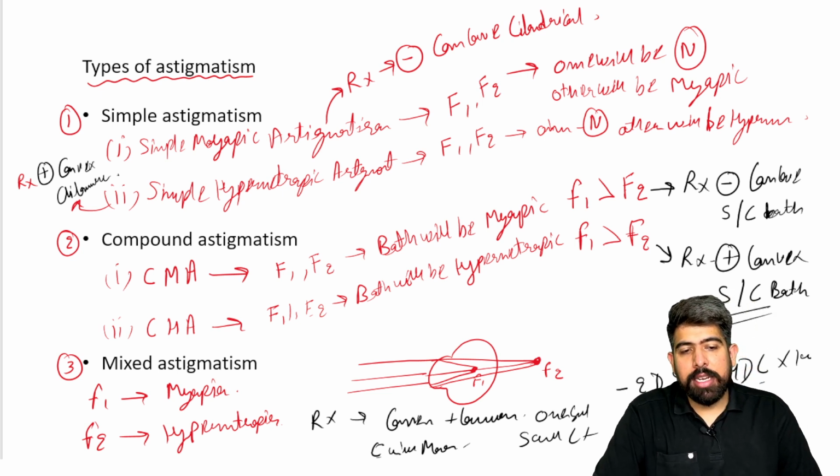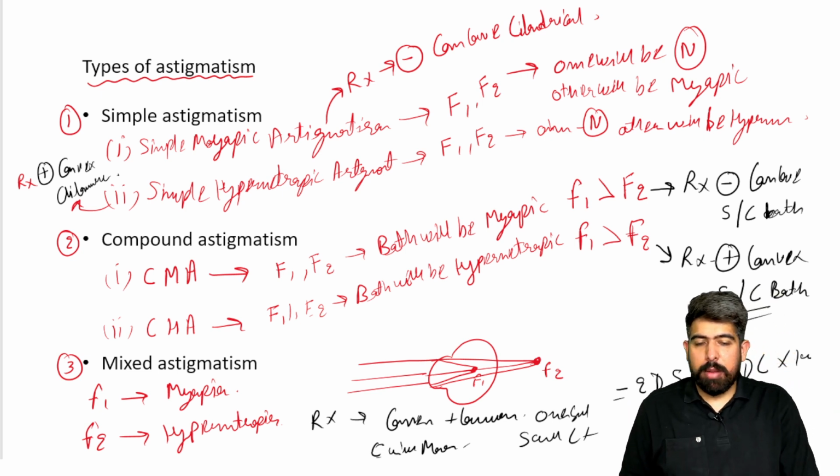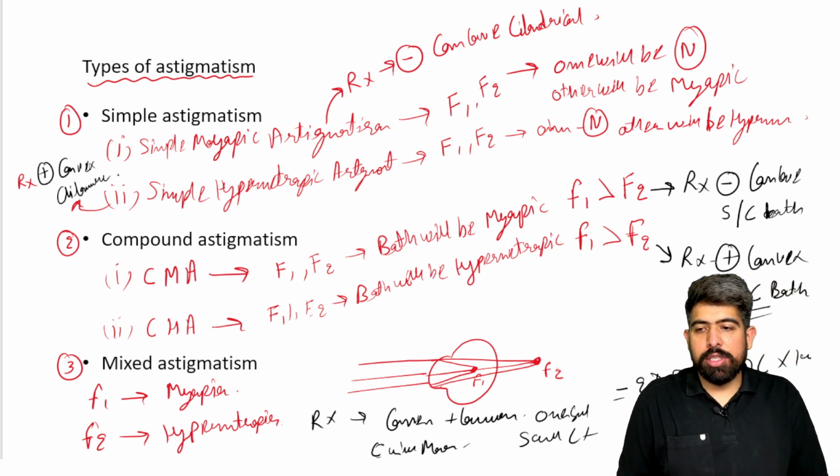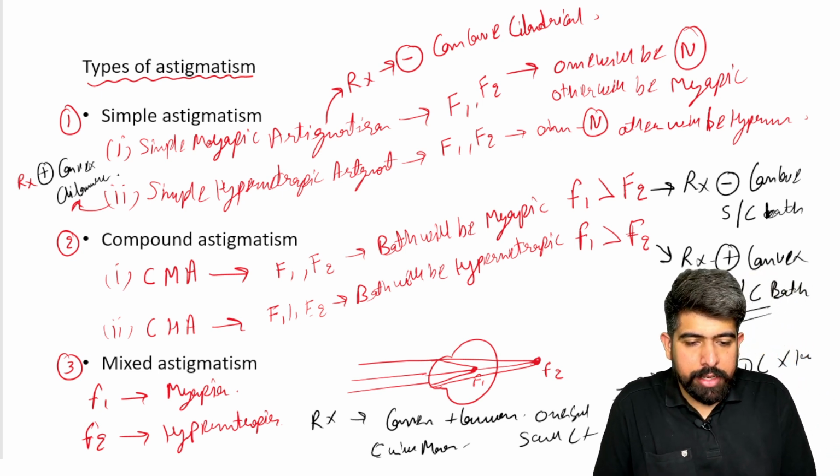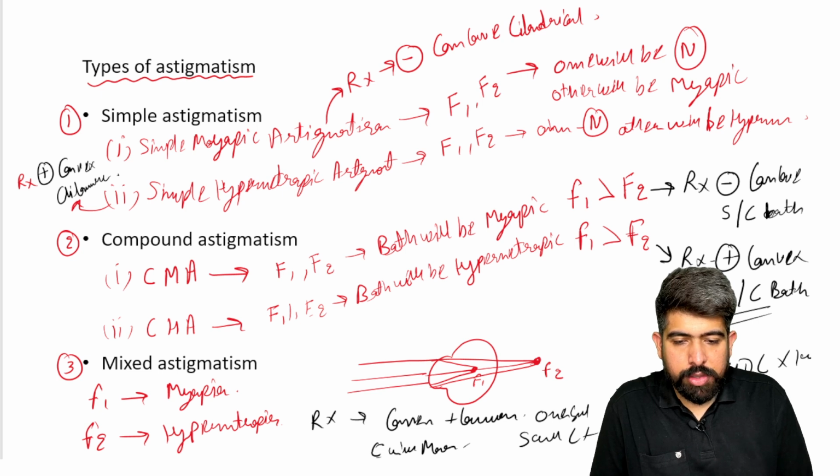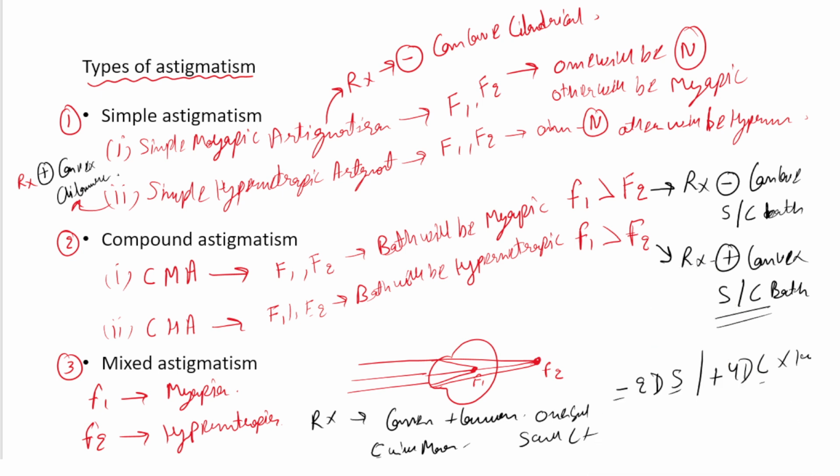And you see the cylindrical is more, and although you can see both signs are there, the minus sign is also there, the plus sign is also there. Just a minute, I can do one thing so it will be clearly visible to you. Okay, now it's visible to you, right? So minus 2 is also there, you can see, and plus 4 diopter cylindrical is also used at the